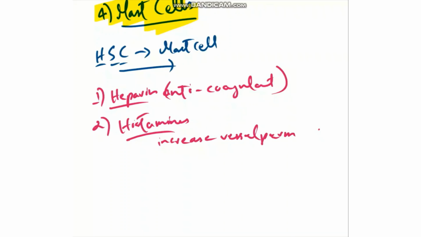So any vessels that may be present around that particular connective tissue, its permeability will be increased, and it would be more susceptible to leaking out the interstitial fluid, causing a buildup of fluid and inflammation and edema and all those things. And it would also allow the cells that are present in that particular vessel to escape. They might secrete the serine proteases